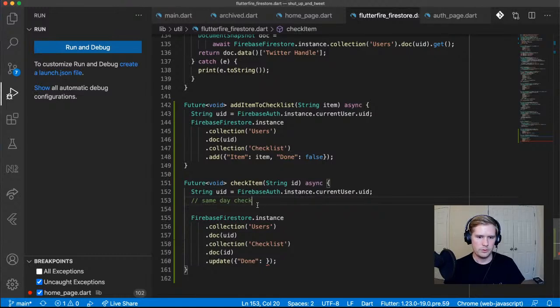So we'll do a same day check. Then assuming that's fine, we get the response we want. We will update this document. And for now, let's just set it to true. We need to handle the case where they uncheck though. And so maybe we'll just